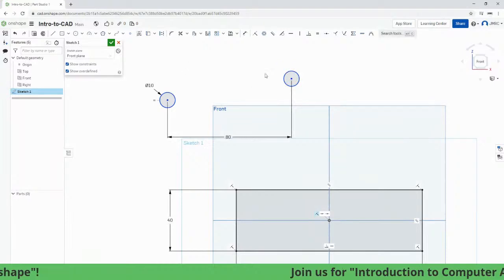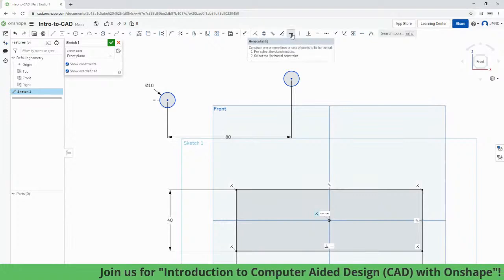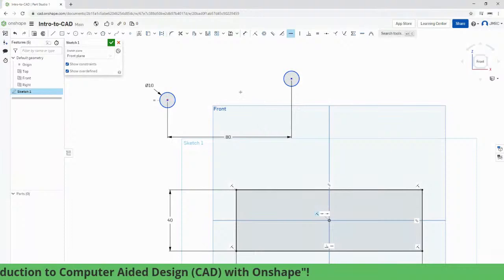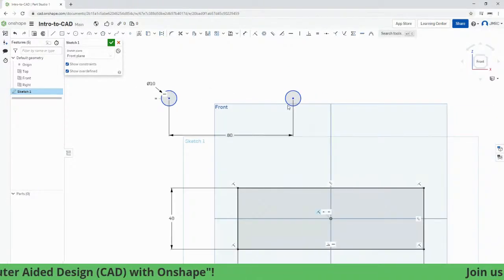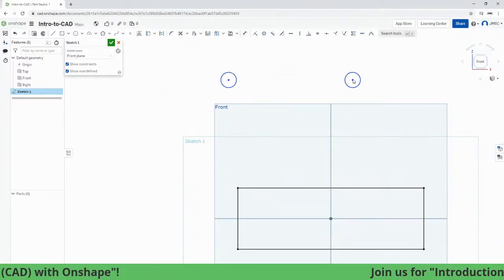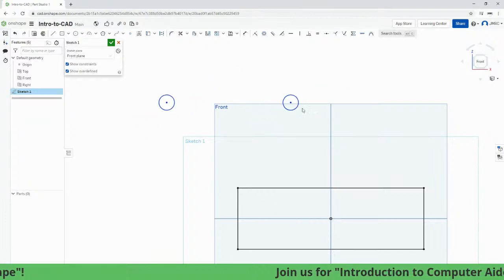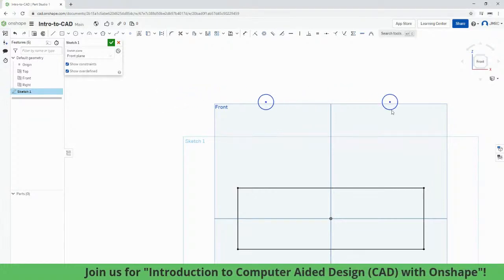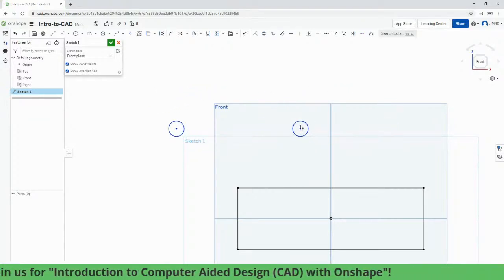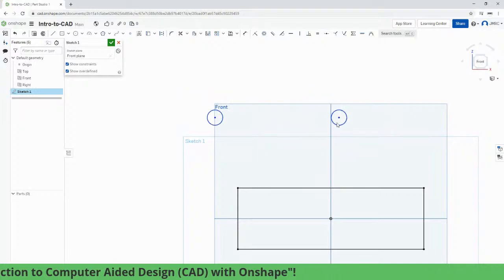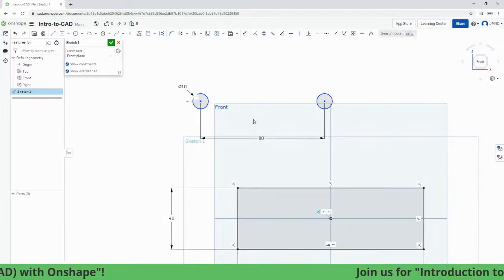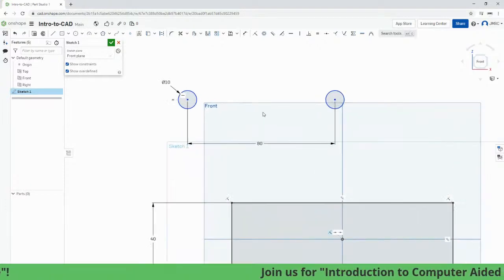So I'm going to head over to our sketch constraints. I'm going to select horizontal, selecting this center point and this center point. Hitting escape. So notice the relationship added between these circles. And as I left click and hold and move the circle on the right, the circle on the left is also moving because of the relationships applied. Okay, so our next step